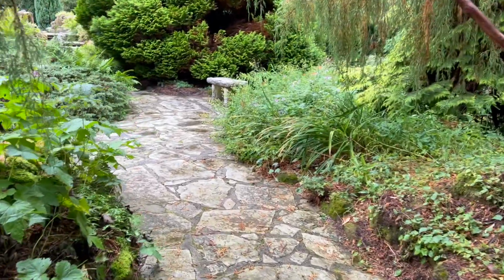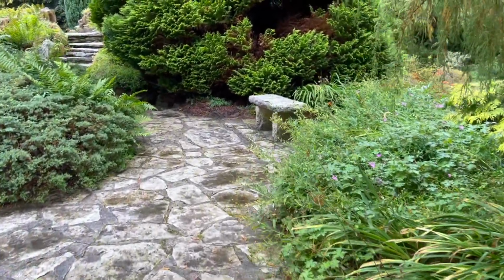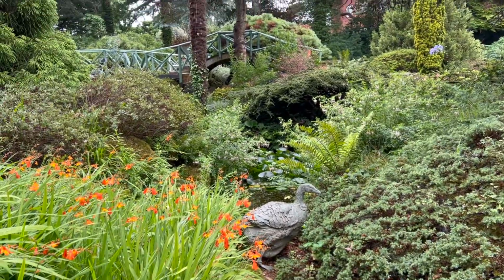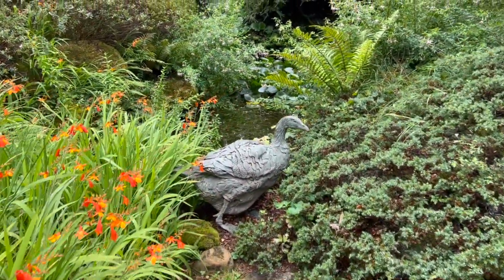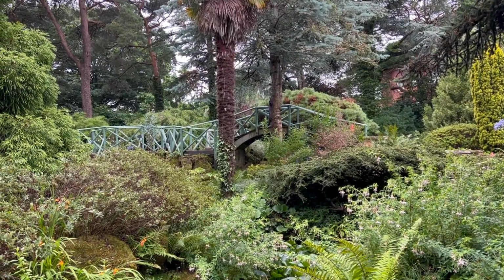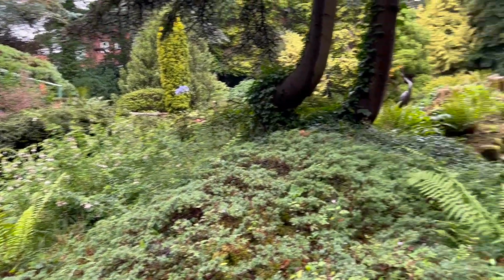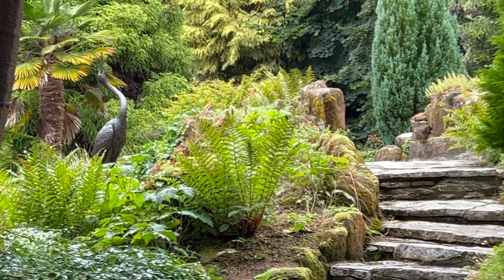Nice that they're offering some seating as well, so you can stop and enjoy. And again, that's cleverly positioned so you can enjoy the garden from different aspects. So again, same bridge I just walked over. A little point of interest here, and then a beautiful view of it, just to maximise the use of what it is really. There's one of the crane statues from earlier,